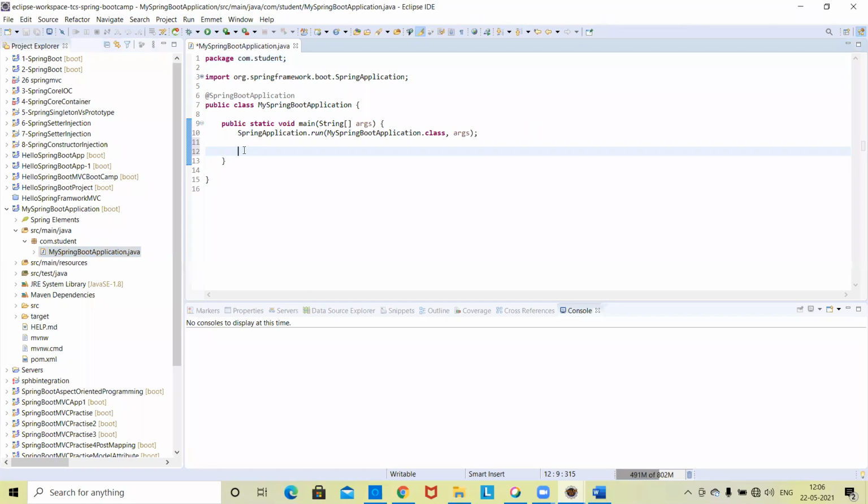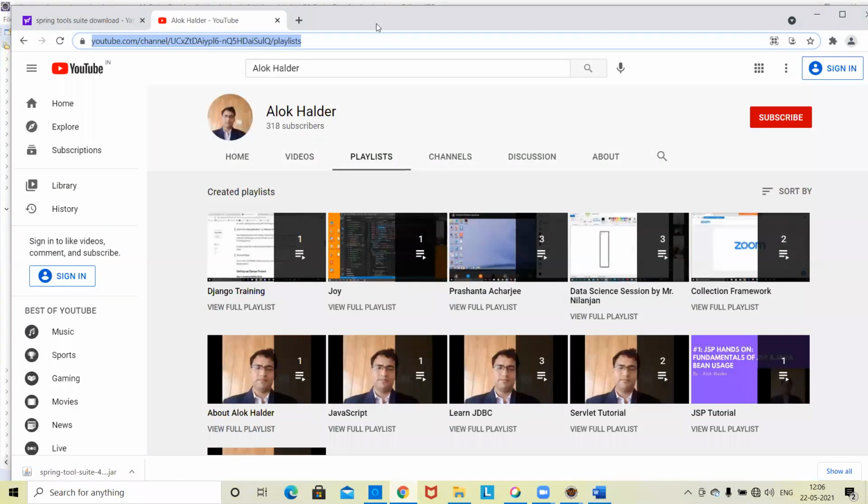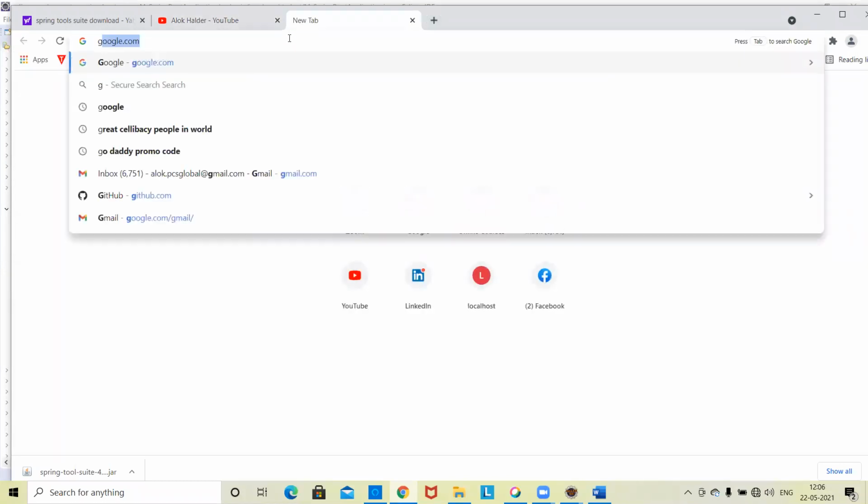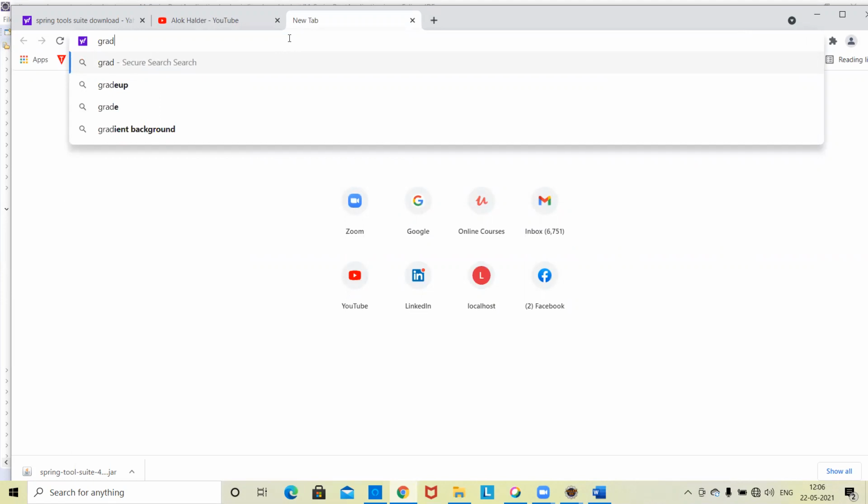Hello, sir. I want to know the difference between Maven and Gradle. Actually, I am also aware of very little about Gradle. Maven is a build tool, and Gradle is a build tool. But if you think about popularity, Maven is first. Sir, the m2 is a repository, a local repository.